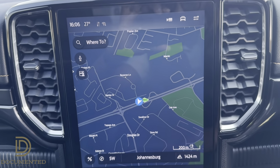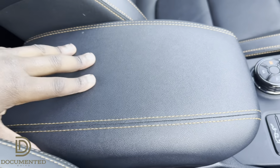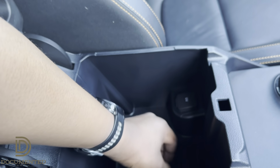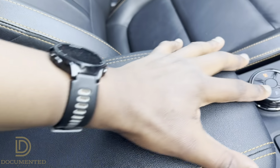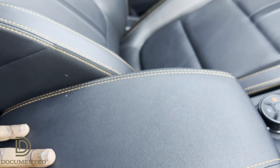So now I press it, the cameras come on and the cameras come off. If we switch our attention to this center console right here, it's actually nice and deeply welled. Inside the center console, you find that there is a 12-volt power outlet. Now the lid is actually finished in leather, which is stitched in this beautiful contrasting orange, as you would find